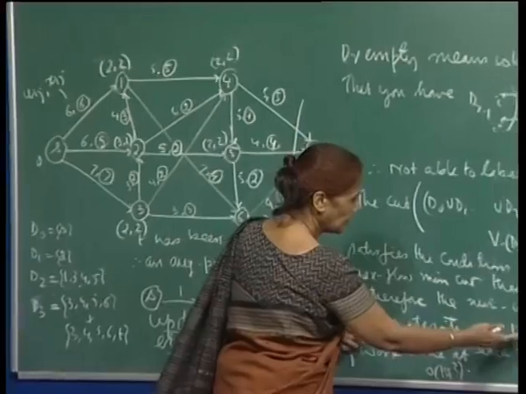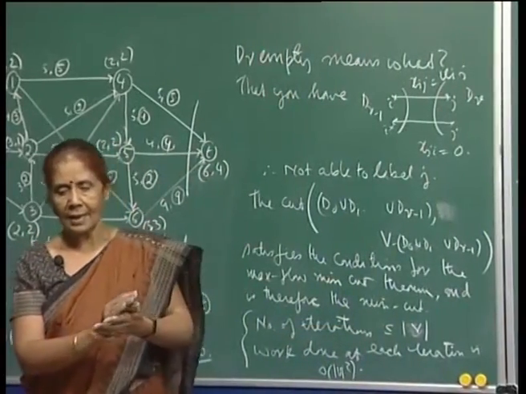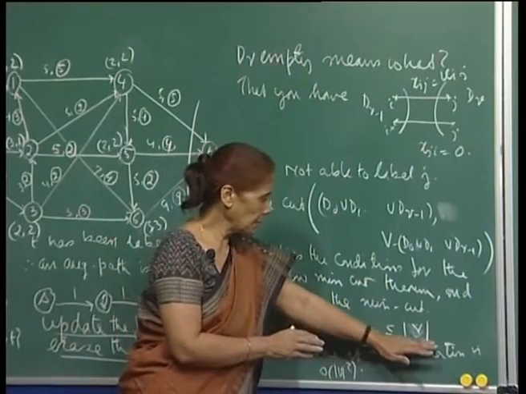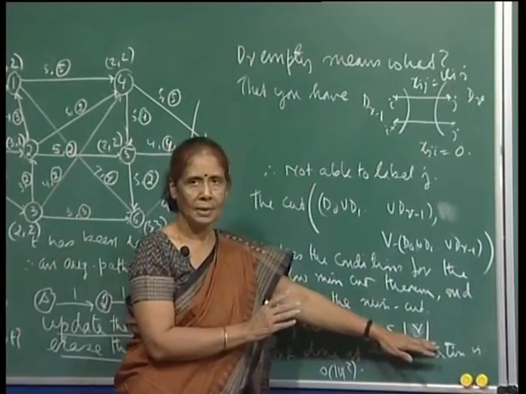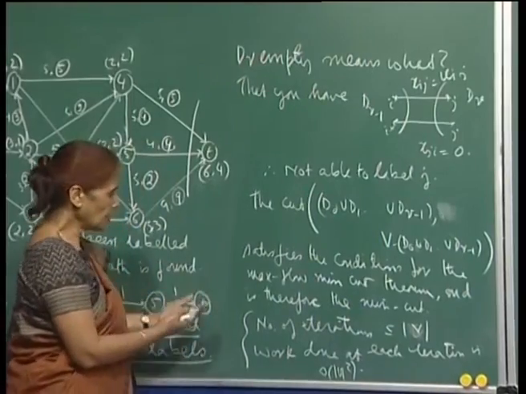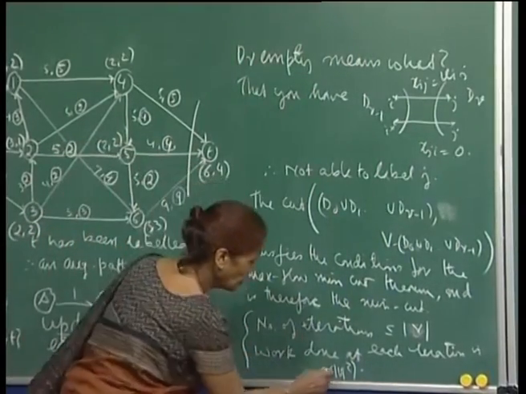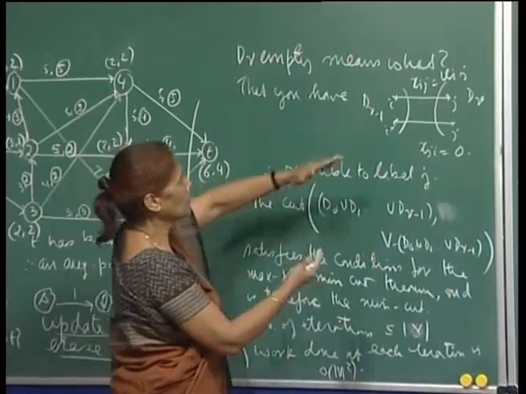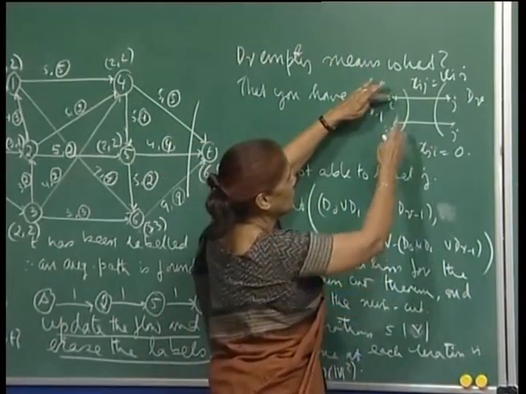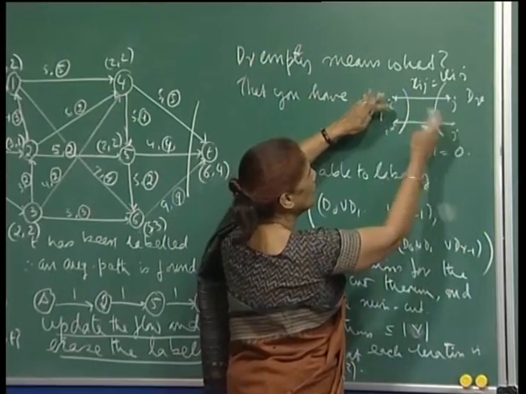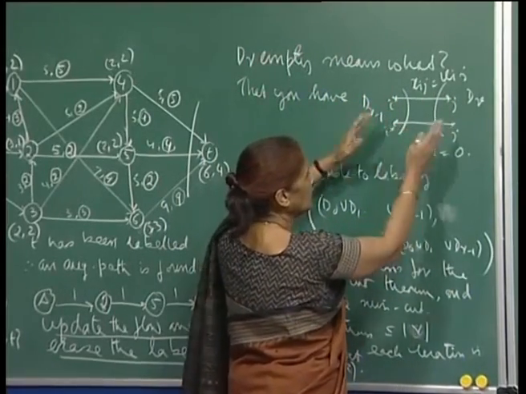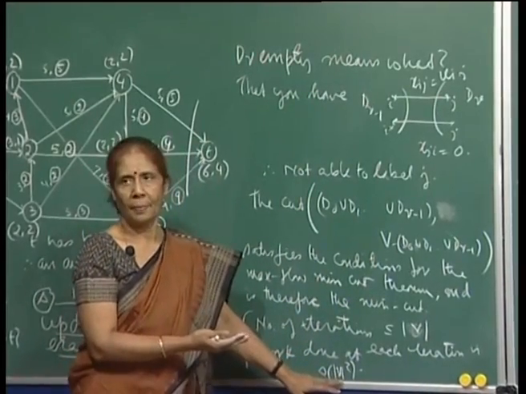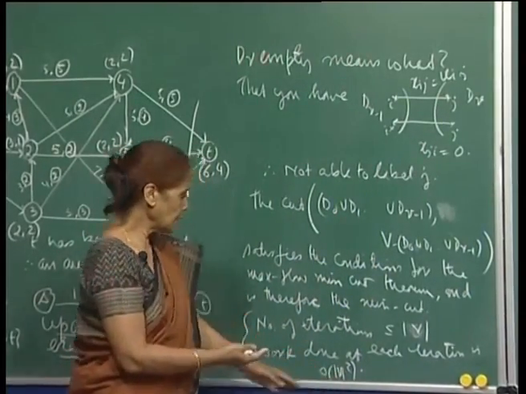So, here also you see the number, and since the path length cannot be more than n minus 1, the number of iterations will be bounded above by the number of nodes in the network. And then it is possible to show that the amount of work that you do at each iteration, because you are just trying to scan all the edges which are either going out or coming into this, will not exceed order v square, the number of nodes square. And so, the total